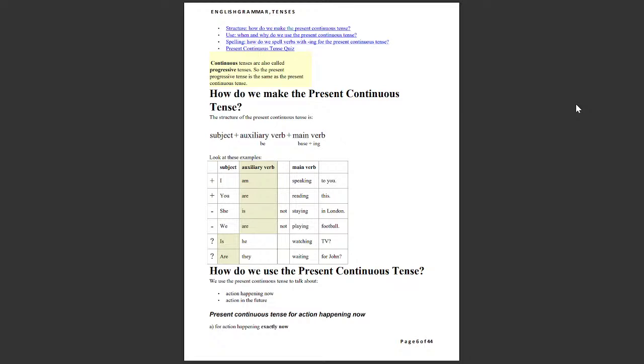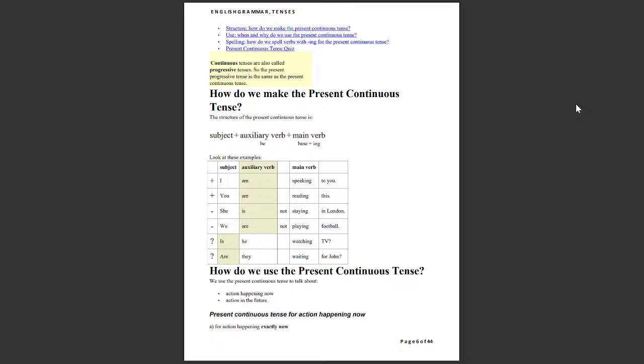So let us look at this example. See, subject, I am speaking to you. The main verb is speak. Okay, as we already said in the equation, the main verb has the ing formation. So speaking to you. Okay, I am speaking to you. You are reading this. You are hearing this also comes. Okay,